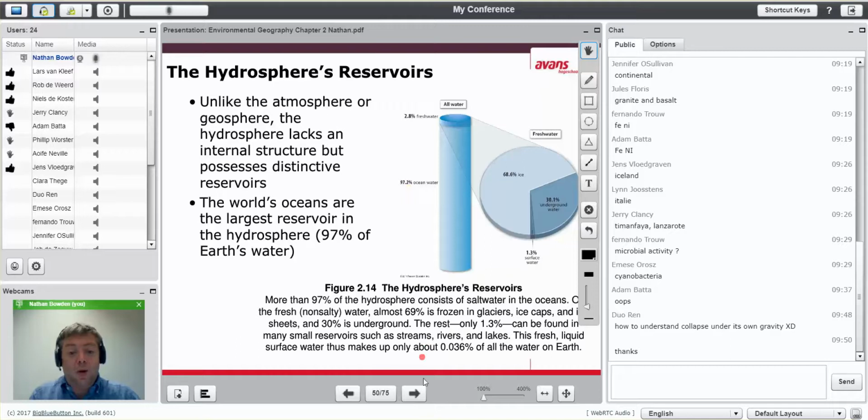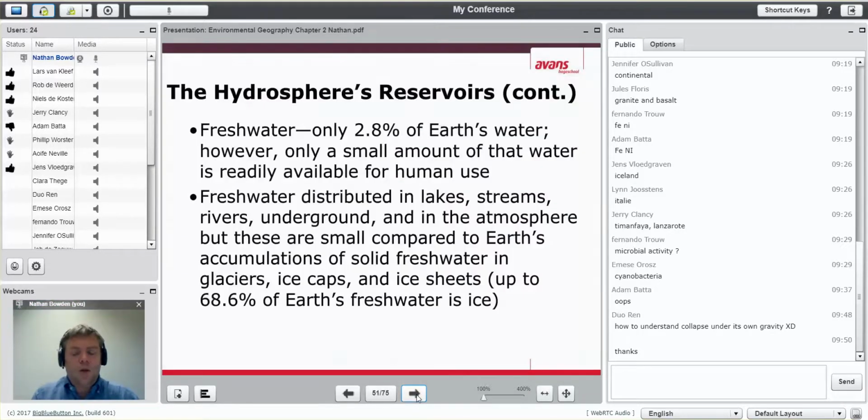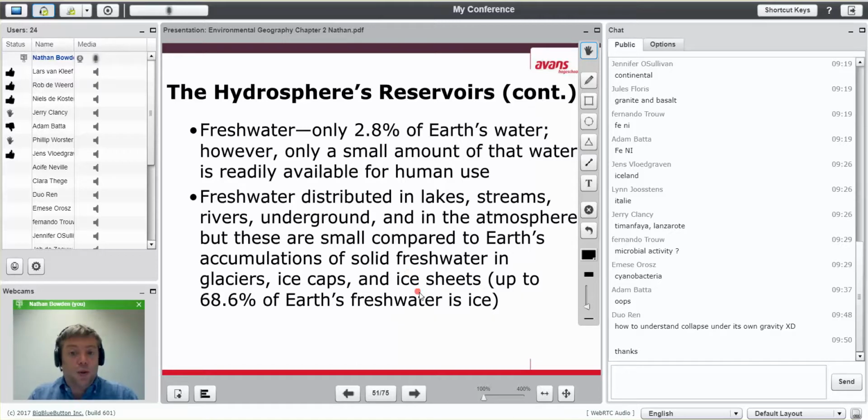And not all of that water is drinkable, or potable. Another word for drinkable is potable. The hydrosphere's reservoirs: fresh water is 2.8% of Earth's surface water, and it is distributed into lakes,